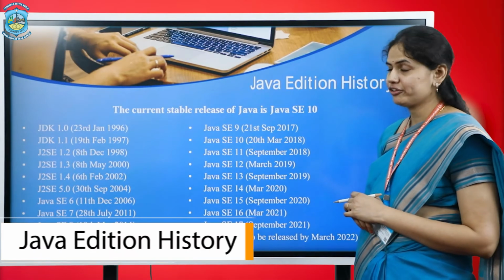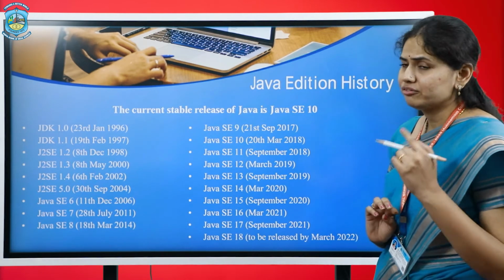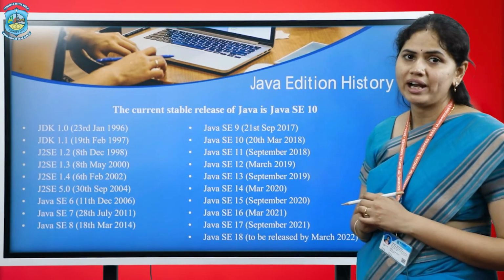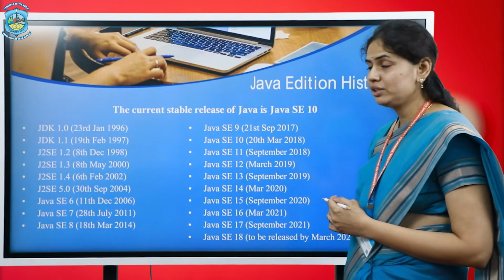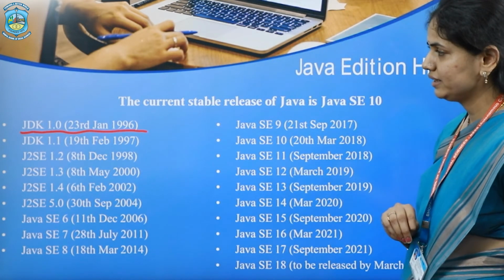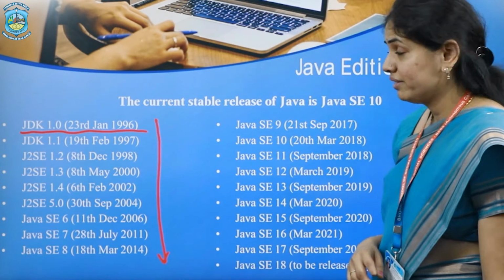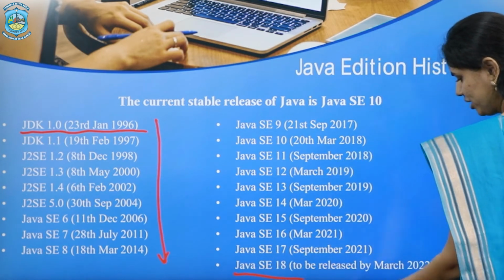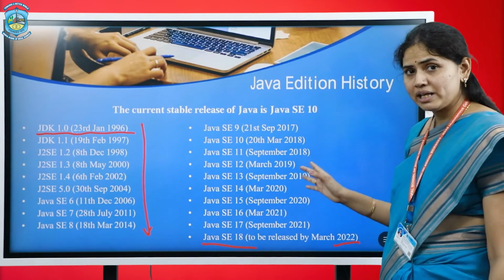Java edition history. These are the various editions of Java, as the first version of Java was introduced in the year 1995, and that was JDK Alpha and Beta. Then after that JDK 1.0 was released in the year 1996, and later on these many versions of Java have been released. And now Java SE 18 is to be released by March 2022,